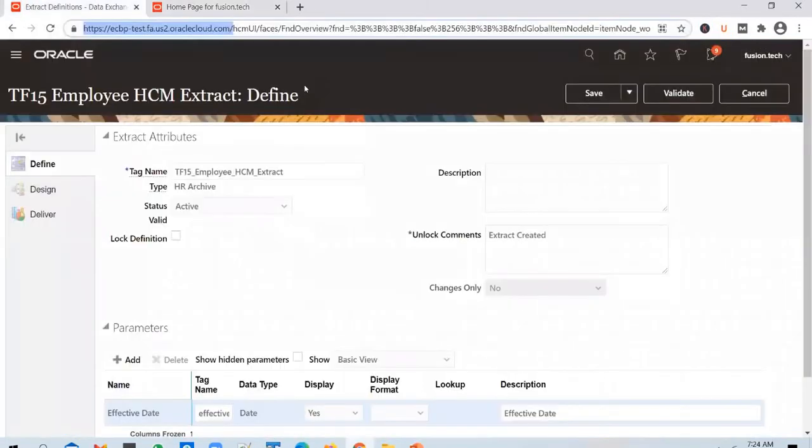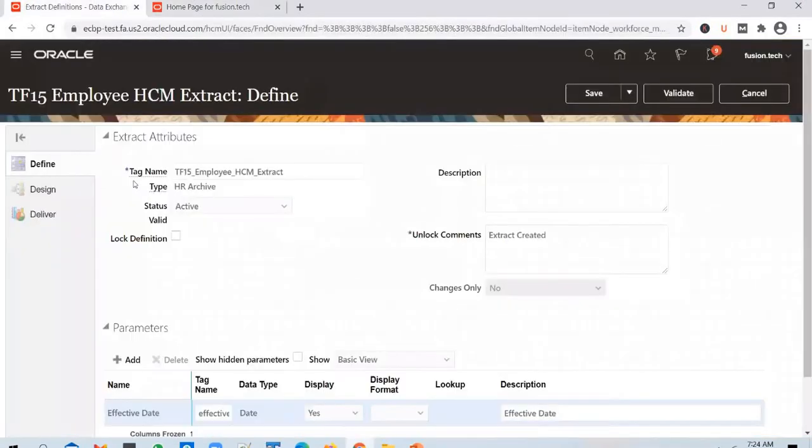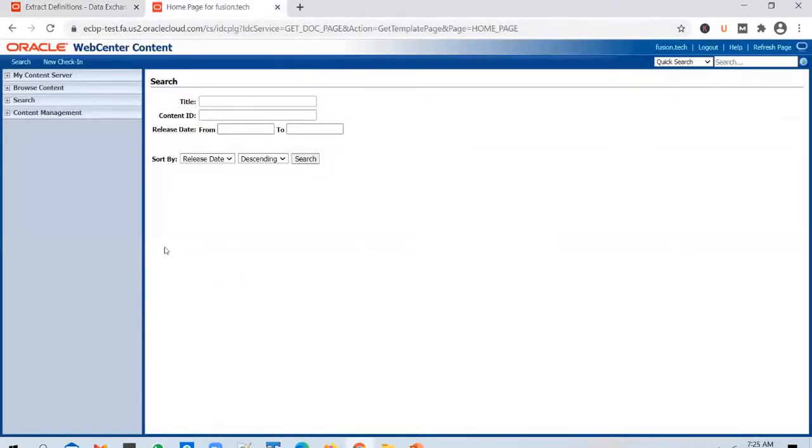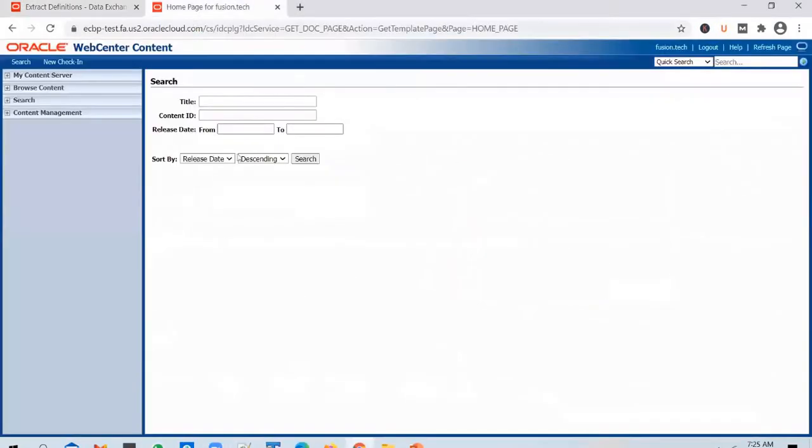Whenever you want to load something into cloud or extract something from cloud, we usually do it via content server. So what we do is from HCM extracts, after we design it, we set up deliver options to deliver the output to UCM or web center content. And then the other systems who need this extract will pull the file from this content server.